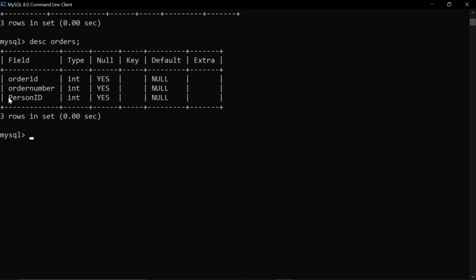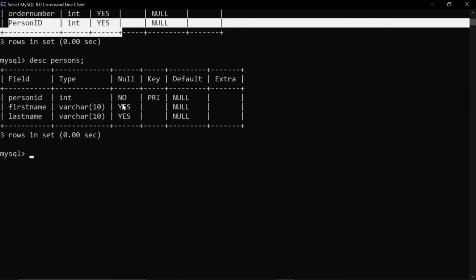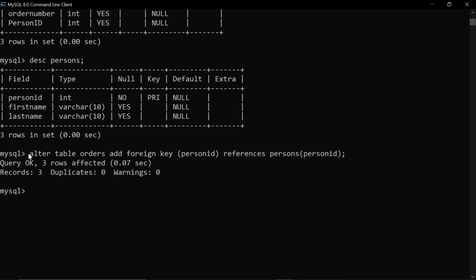Both have the same column, that is person ID, and in person ID it is given as the primary key. So in orders I will give it as a foreign key. So the syntax of it is, this is how you write the syntax of it.